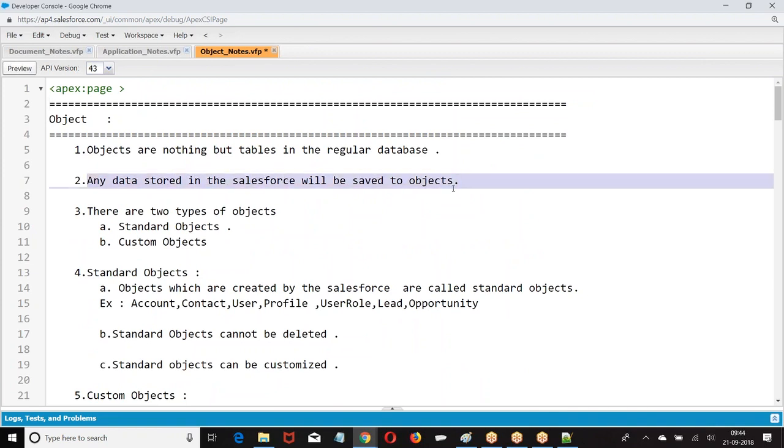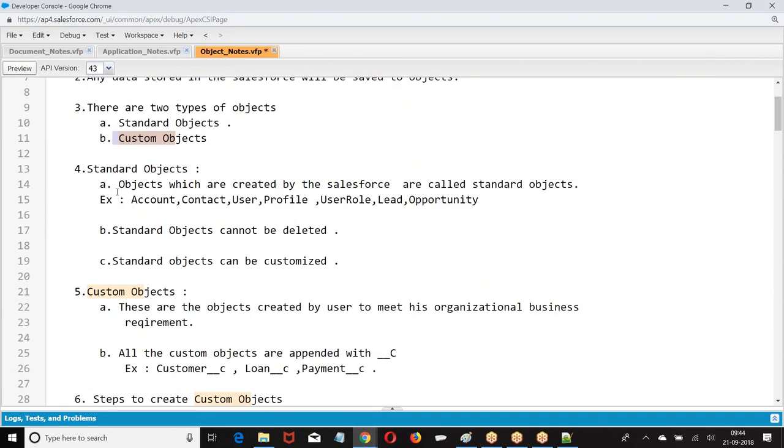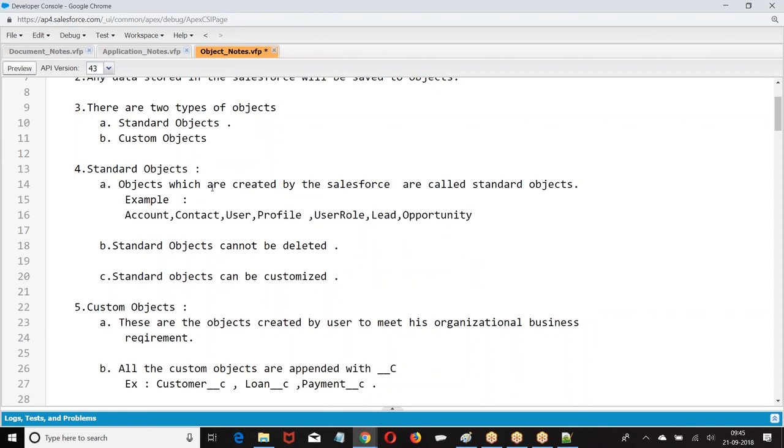Any data stored in Salesforce will be saved to objects. Two types of object: standard object and custom object. Standard objects are objects created by Salesforce. Examples: account, contact, user, profile, lead, opportunity.